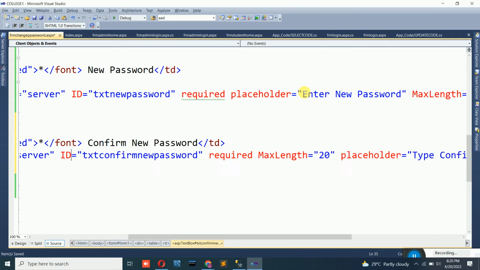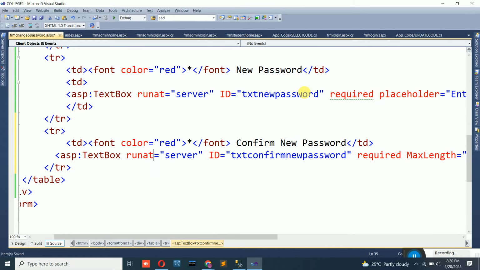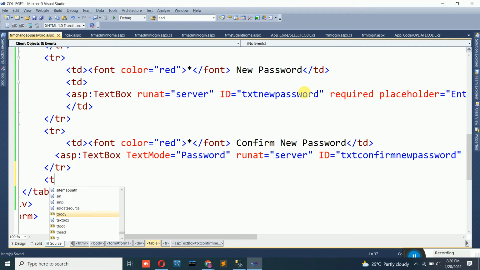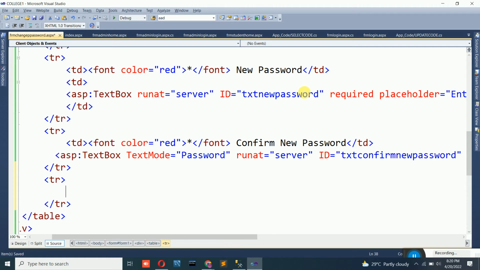I think we have given the text mode. No, I'll make use of the text mode equal to password. And after all this, last TR, in that TD with colspan to align center,